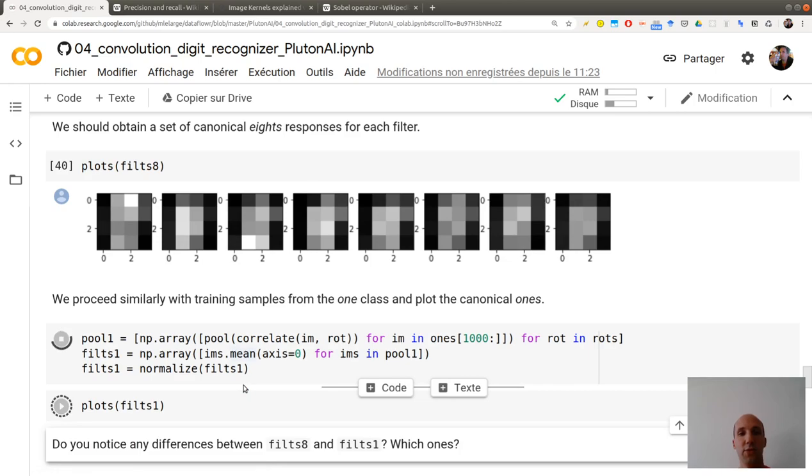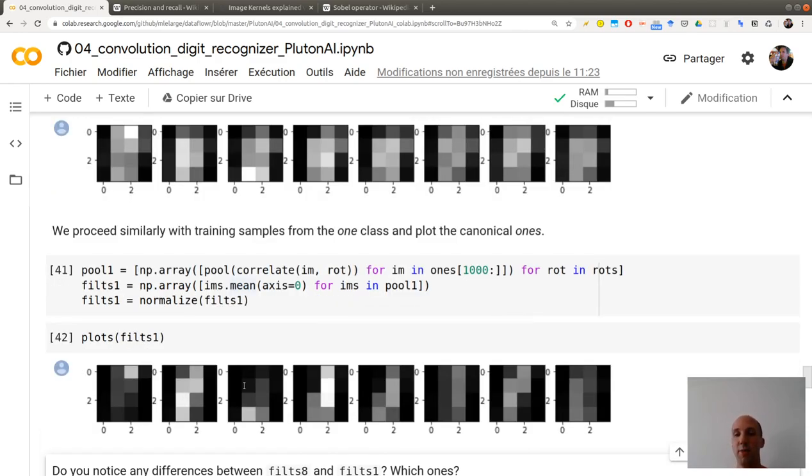Let's do the same thing for the 1s now. For each picture of a 1 in my training set, I'm applying my filters, doing downsampling with max pooling, and then averaging over my training set. And here you see the signature, if you want, of a 1 compared to the signature of an 8 in my training set.